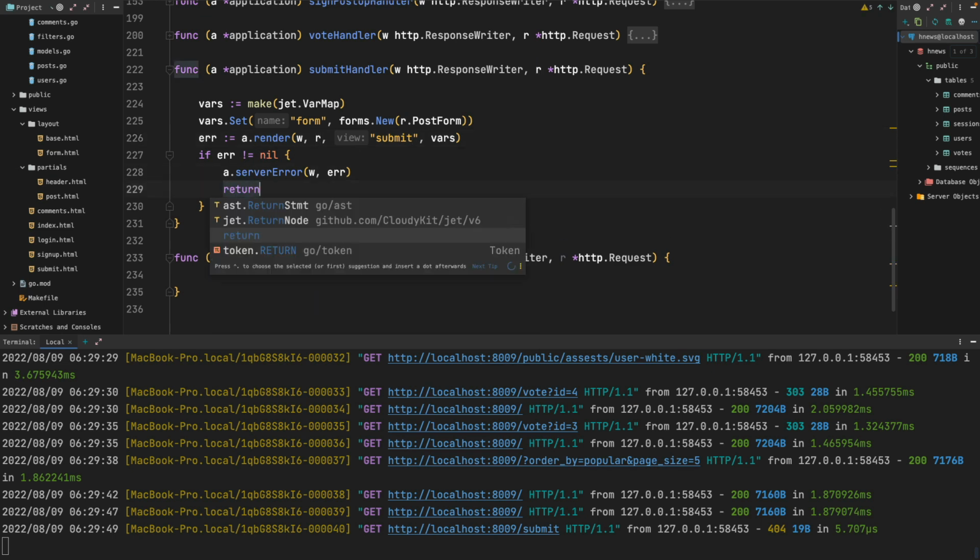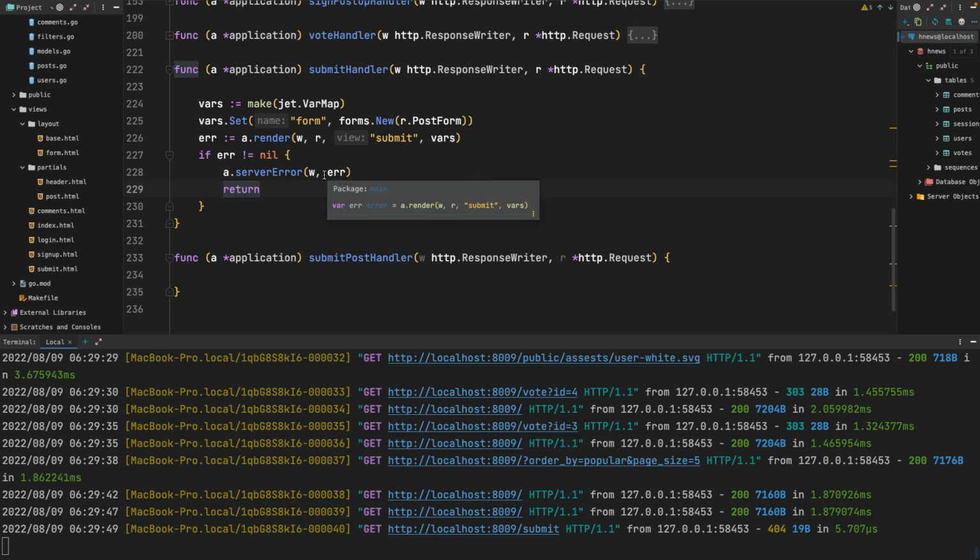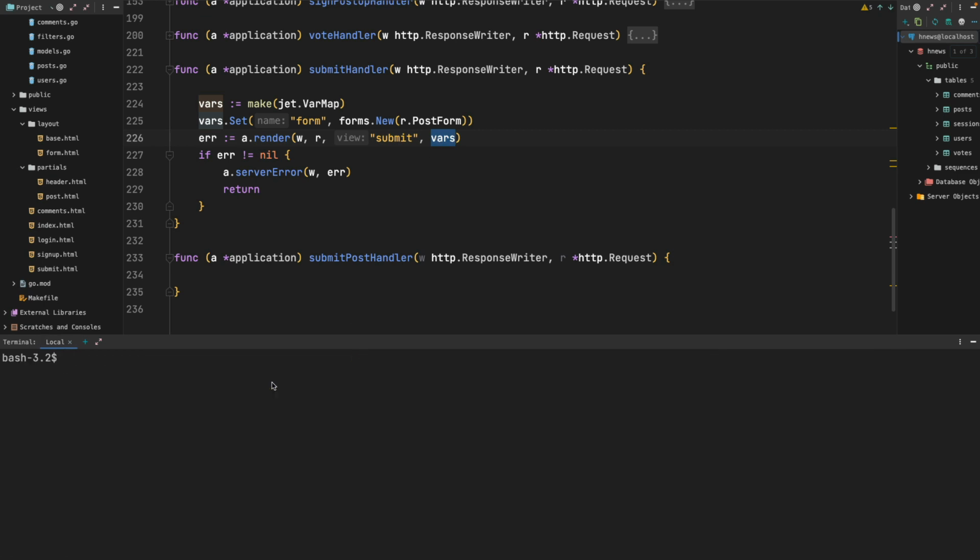If error is not nil, we want to return as well. I think that is it for that. It's a very simple form with nothing. We are passing the variable. I want to make sure that we're not missing anything. That is it. Let's run it